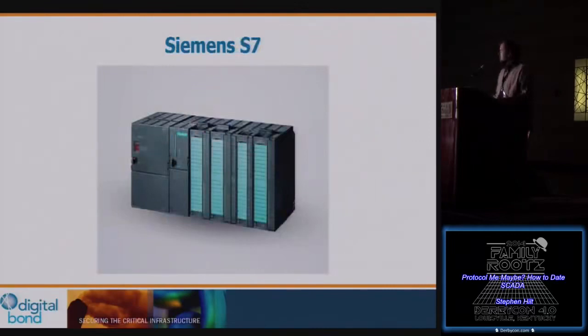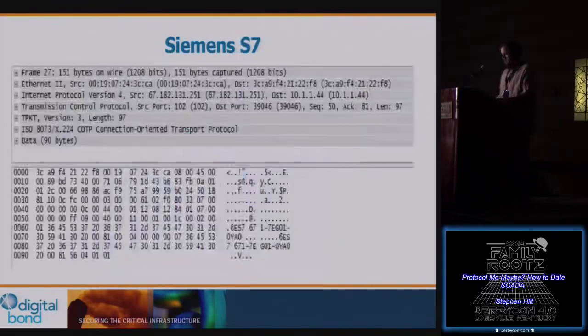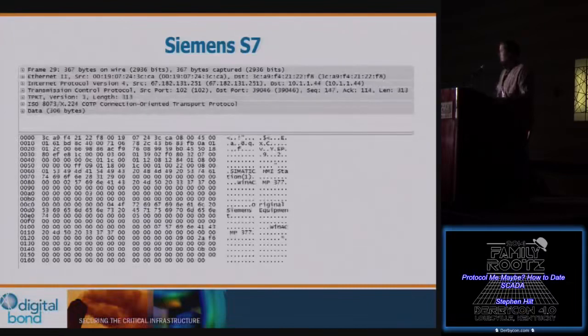Next, we're going to talk about the Siemens S7. Kind of the same information, but a little more difficult because it relies on COTP and TPKT as well, so you have to negotiate those layers. It's not a single packet that you need to send. And what you see there is the hardware information. I don't know necessarily what that device is, but if I remember right, it's actually a Windows Simatic machine. And this is another packet.